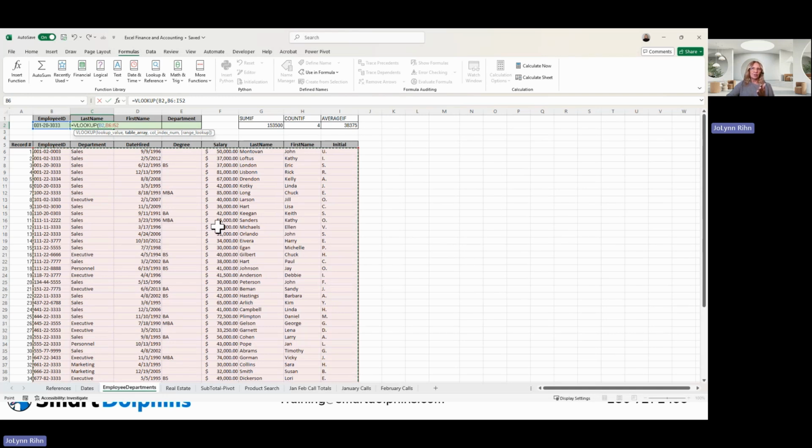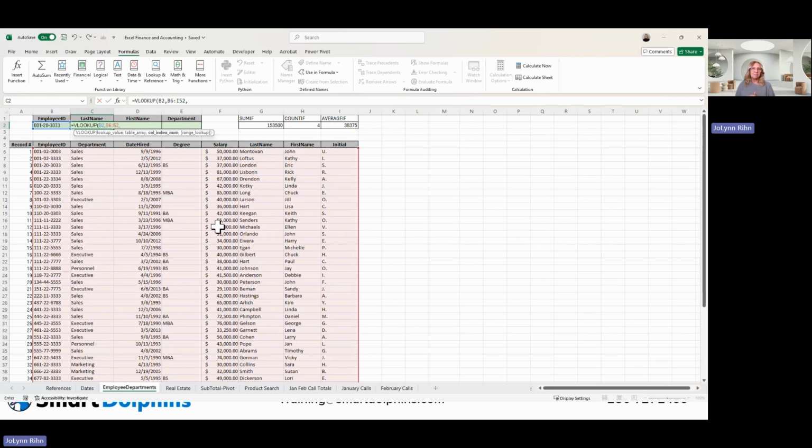So I started with column B, not column A, because I'm looking up the employee ID number. I'm going to put in a comma because the next argument is it wants to know the column index number. Basically, what that means is which column is going to give me the answer I'm looking for. So starting in column B, I need to count the columns across to the one I want the answer from,